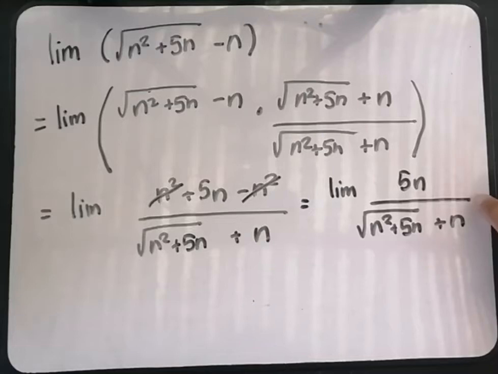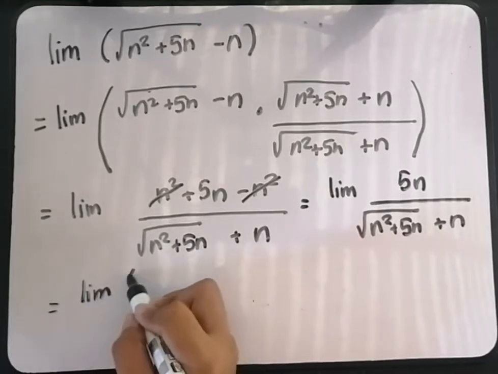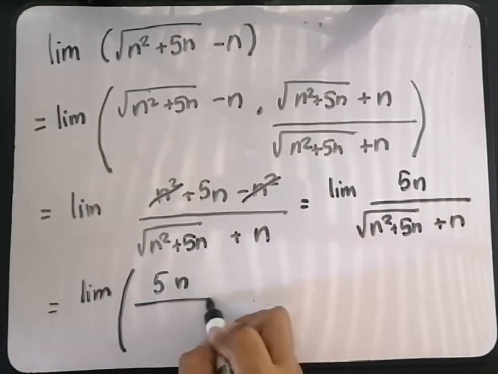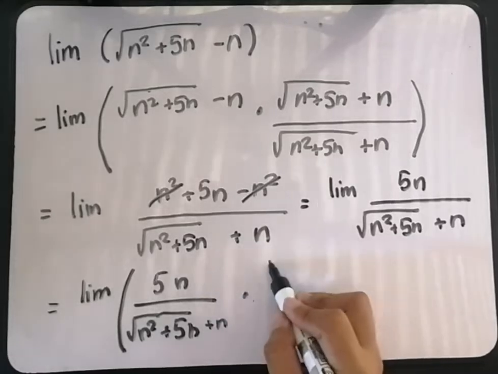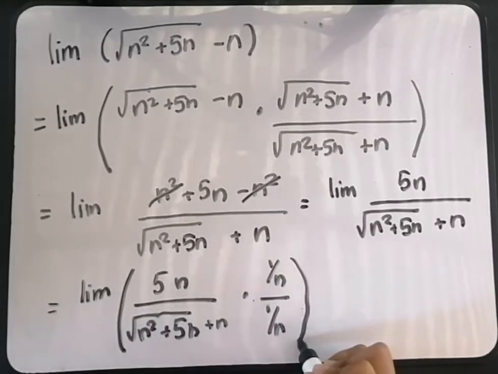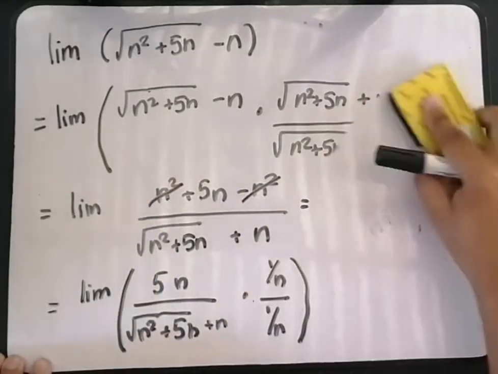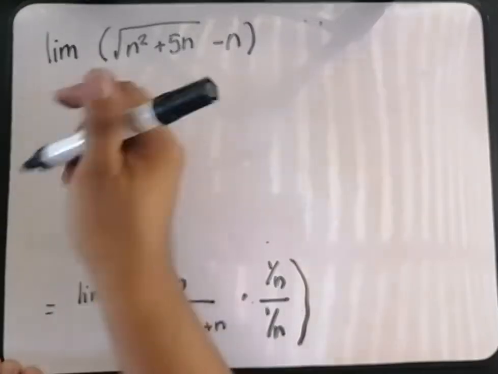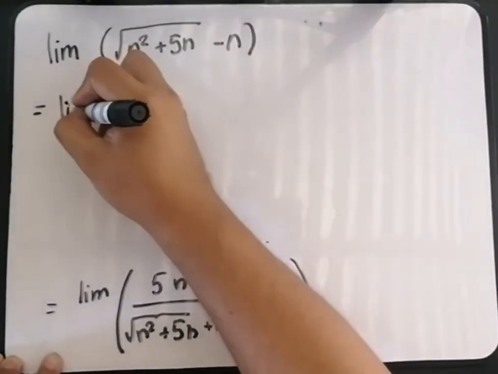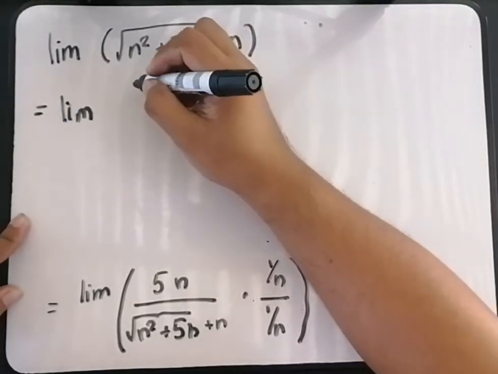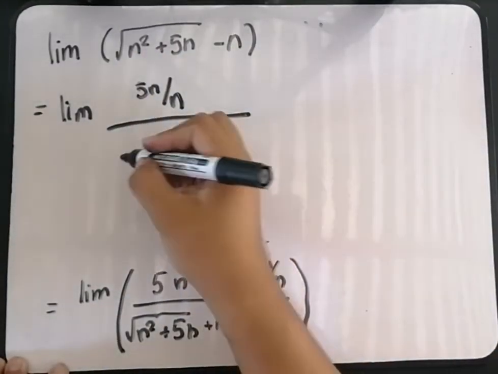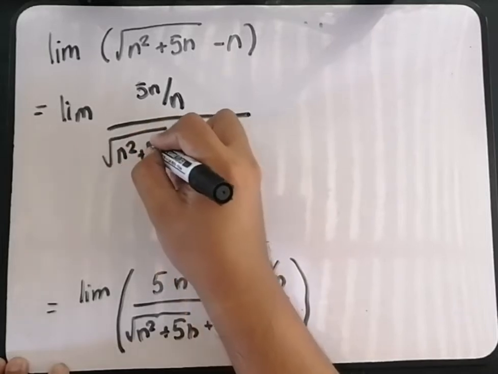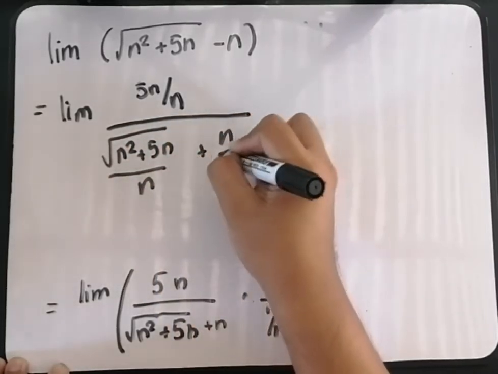Pero kung magmumultiply tayo ng 1 over n, this becomes now the limit of 5n over n divided by the square root of n squared plus 5n all over n plus n over n,